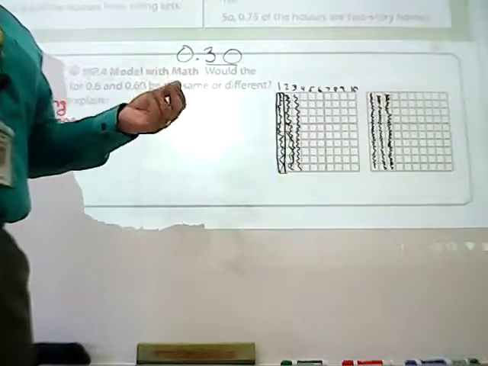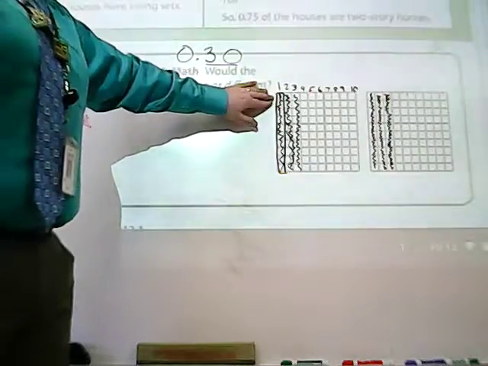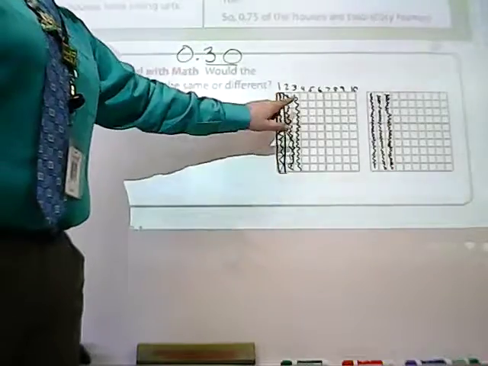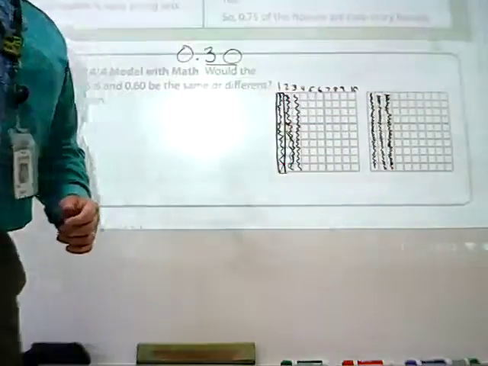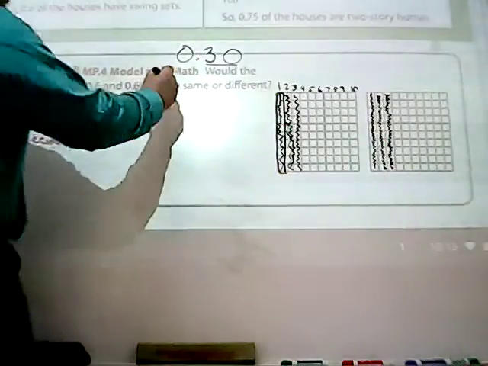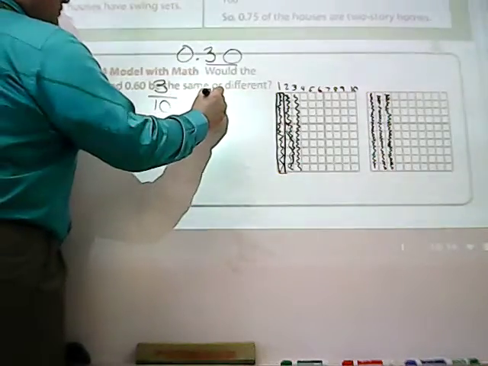They are the exact same amount, just broken into different pieces. This grid is broken into 10 pieces. This grid is broken into 100 pieces. Same thing if I used all fractions. 3/10 or 30